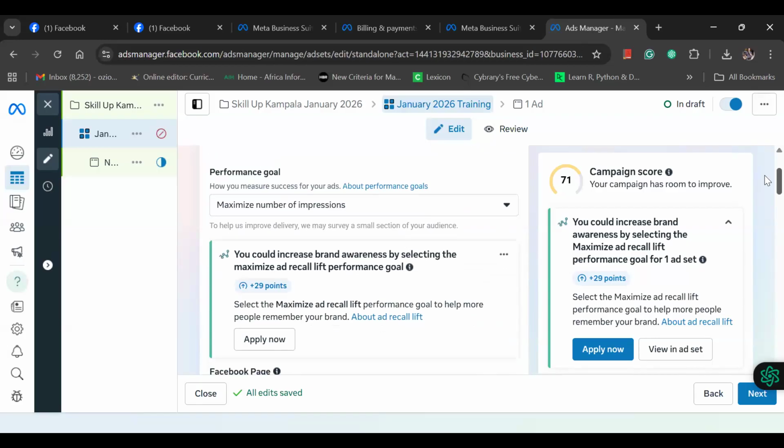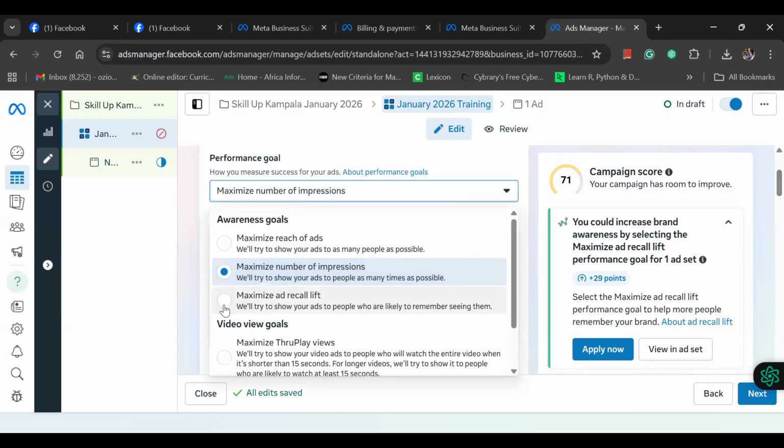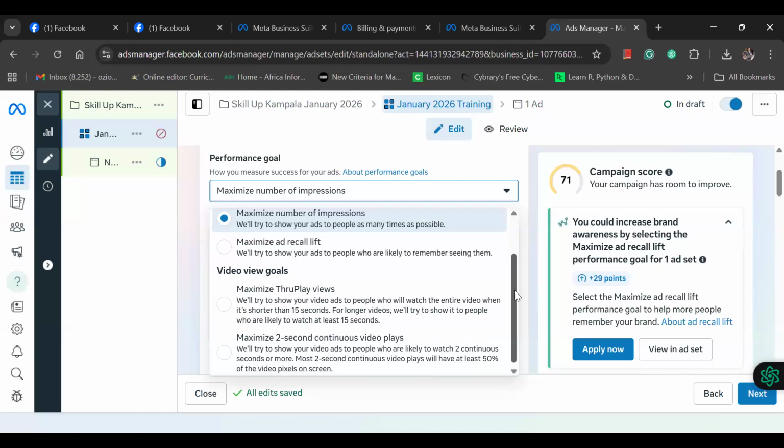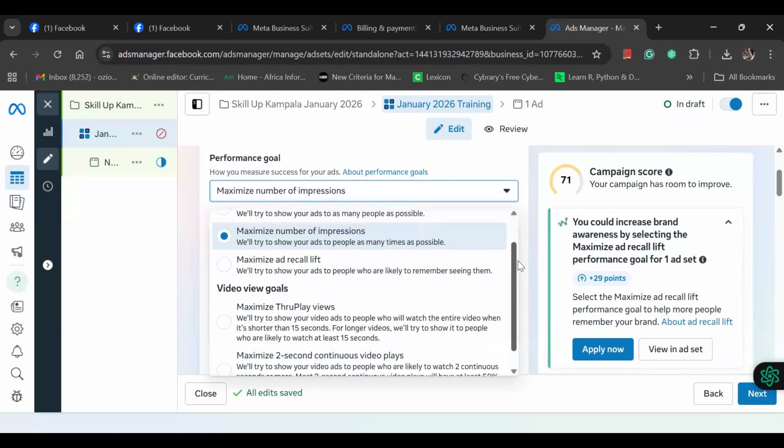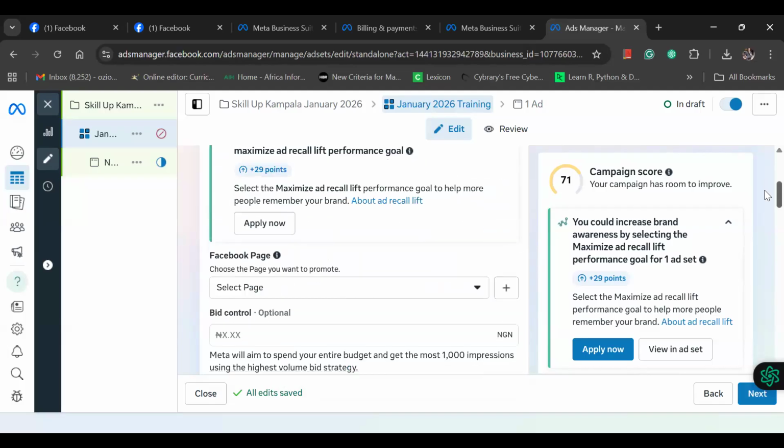So you can maximize number of impressions. Then you can also maximize recall, ad recall lift, that is people that are most likely to remember your ad. So we selected maximize number of impressions. Then